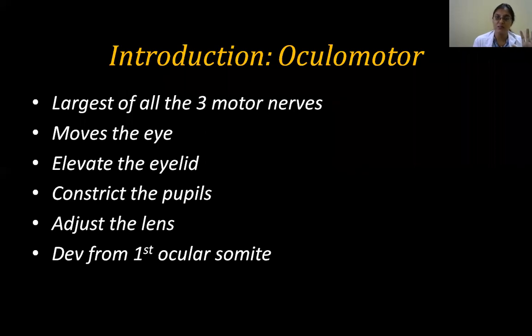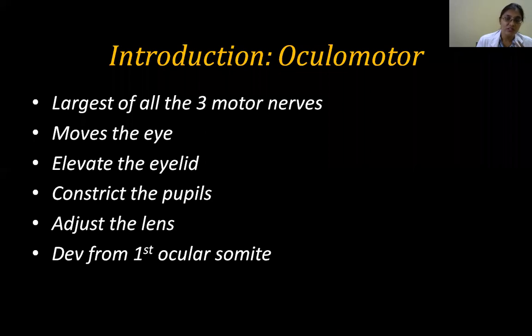That's why your intrinsic muscles bring that nerve down, even though they're going up to the periphery of the extremities. So here also, when we talk of head somites, above your cervical region, which part of the CNS is developing, which part of the neural tube? It is the brain. So from the brain, what exits? It is the cranial nerves. So the cranial nerves which are close to these somites, the three ocular somites, go up to that somite. And whatever muscles form from that somite, they innervate all those muscles.